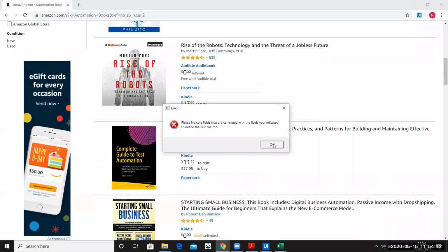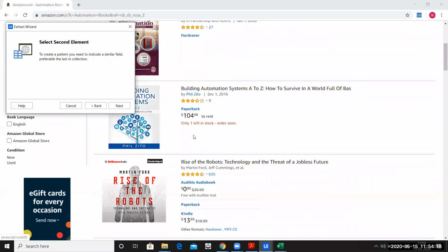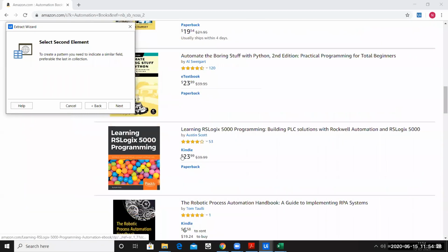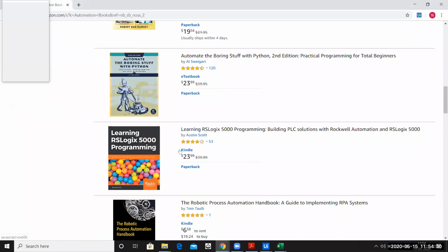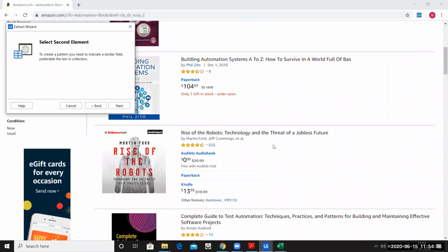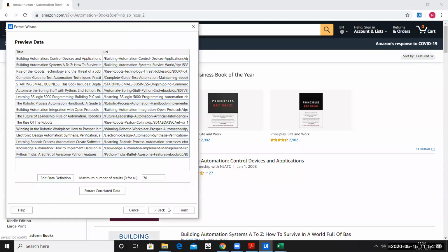As you see, the selectors or the field, the data is not appropriate, because when we scrape this data over here, we had only one price, but we have two prices here. We have two: rent and buy. So ideally the data is not in a structured format. That is the reason the scraper is telling us that it's not able to scrape the data correctly. So ideally you'll not be able to scrape it directly from here. So instead of doing that, let me scrape some other data.